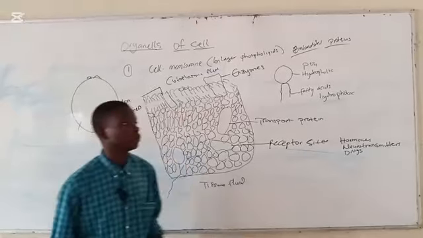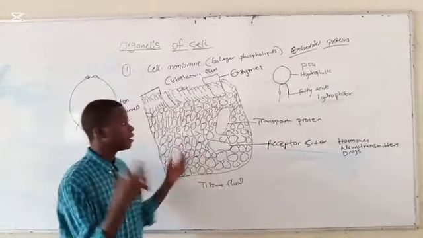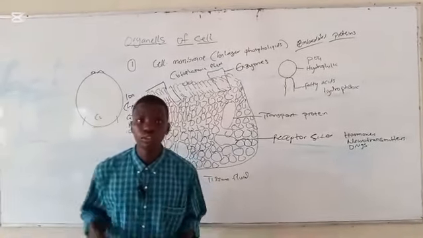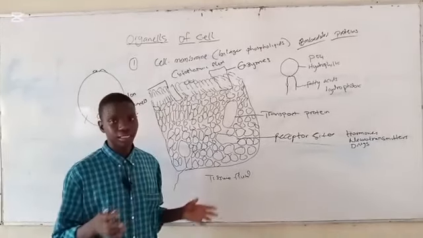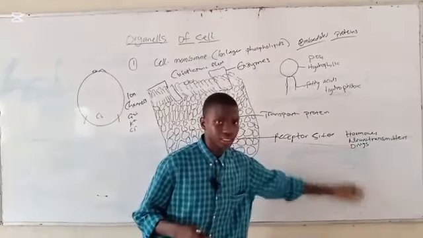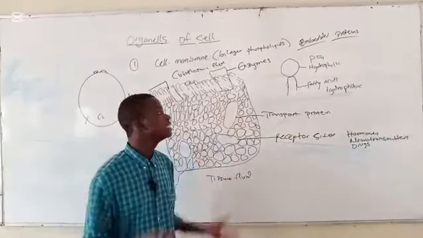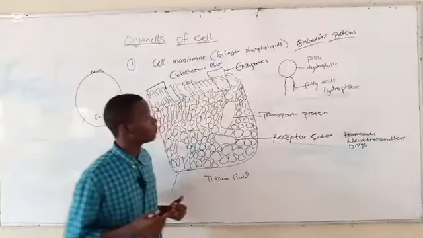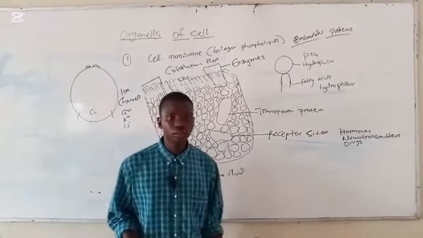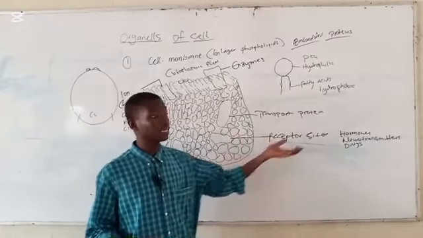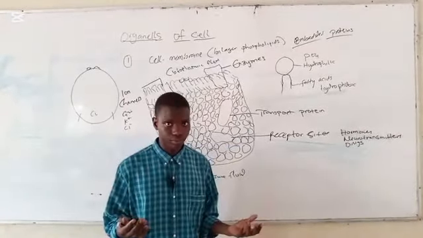The second thing I would like to make mention of is neurotransmitters. What are neurotransmitters? If you are familiar with hormones such as estrogen, testosterone, somatotropin, oxytocin, etc., now neurotransmitters are chemicals released by neurons. An example of it is dopamine, endorphins, serotonin, and epinephrine, which is better said as adrenaline also. All these are chemicals released by neurons.